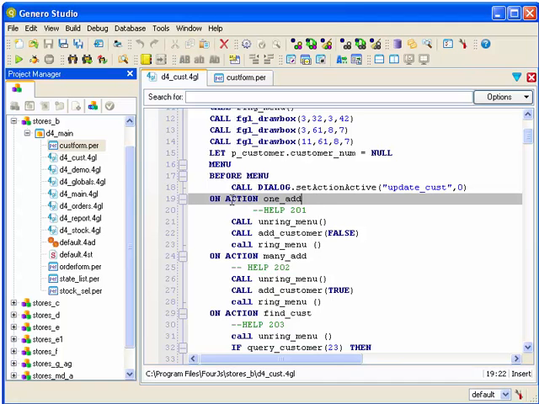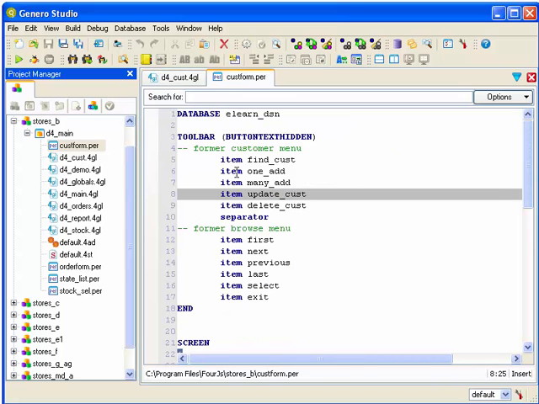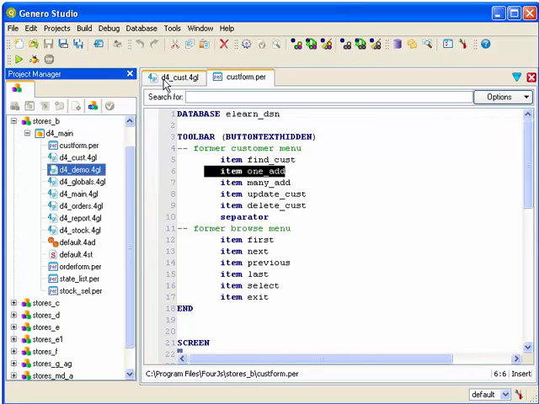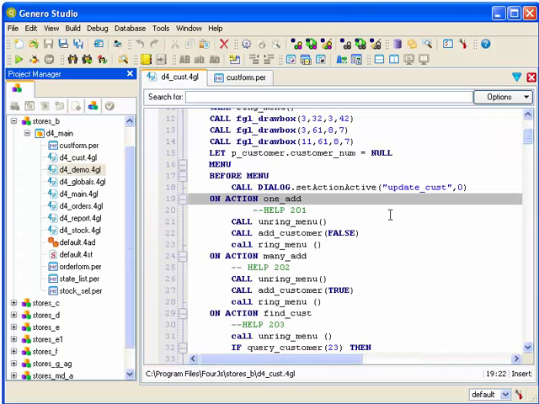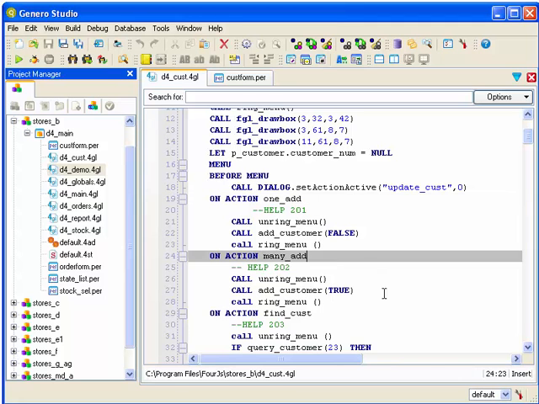Then in our code, all we simply have to write is on action one add, and as you saw in our form, we simply could include an item one add. It makes it quite easy and it makes our code quite clean. Now if we take a look here, we'll see that we have on actions listed now,